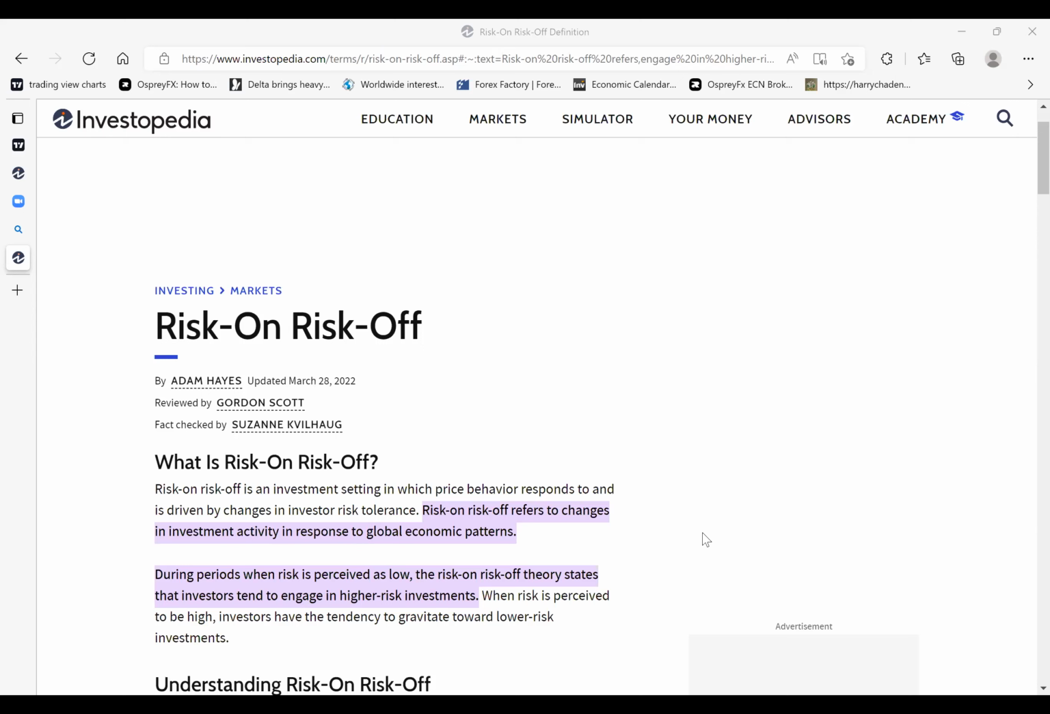Next week we'll add on to the smart money concepts. We'll talk more, I guess, about conceptual things than we will